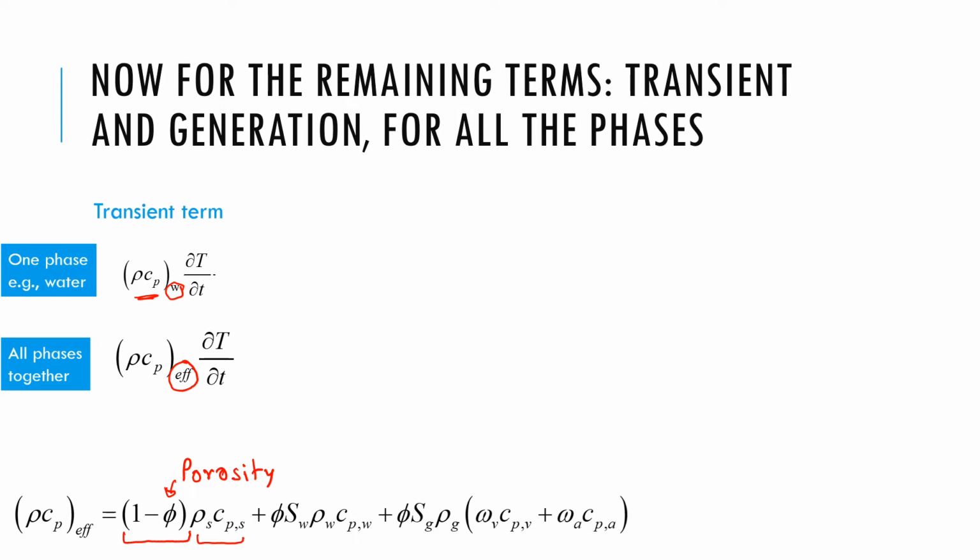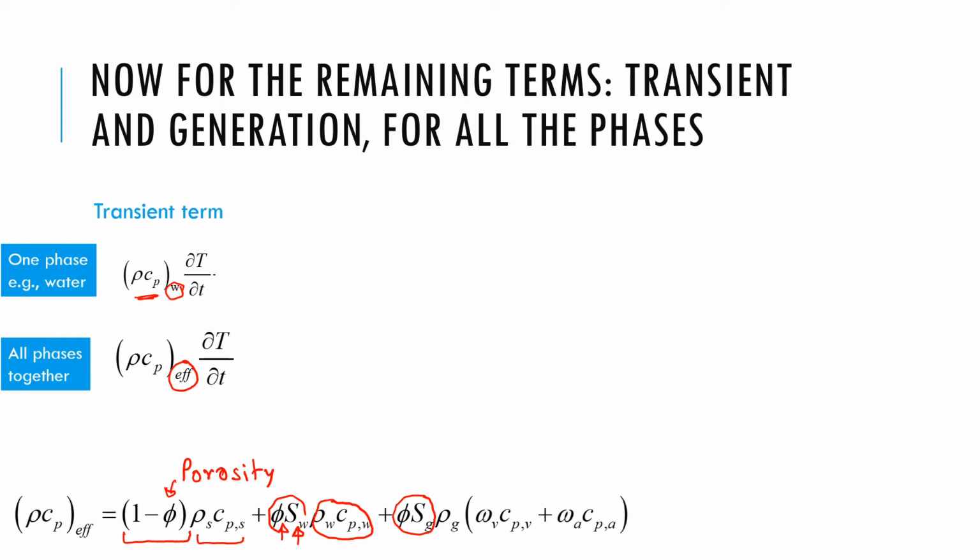And so 1 minus phi then is the volume fraction of solid, plus phi, the volume fraction of the pores, multiplied by the saturation of water. That's the volume fraction of water. Together, they're the volume fraction of water multiplied by the volumetric heat capacity of water. And in the same way, phi times Sg is the volume fraction of gas